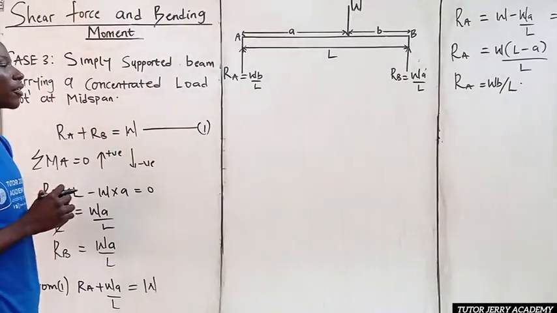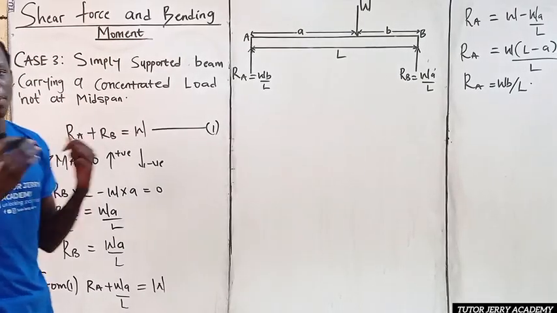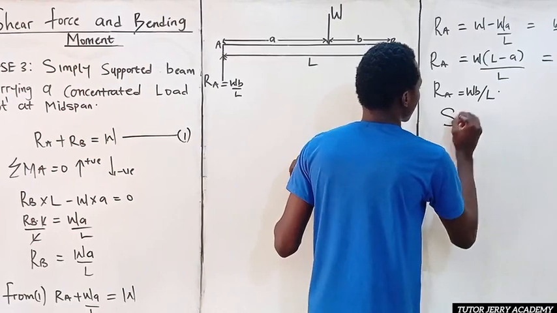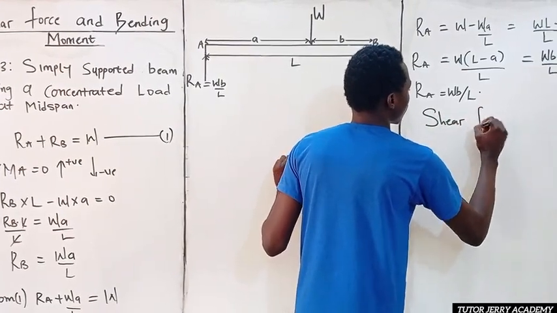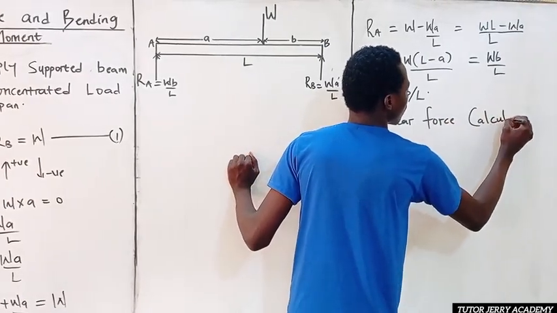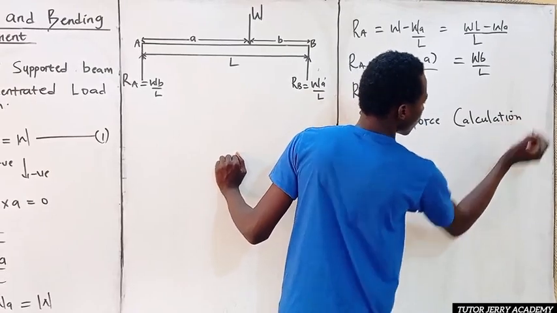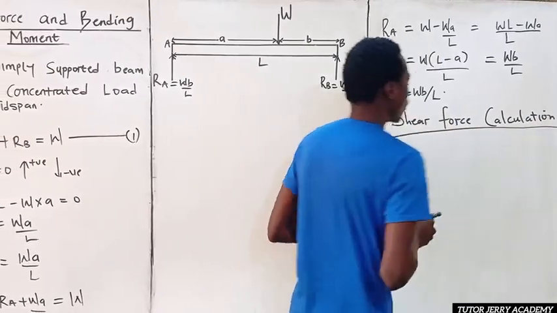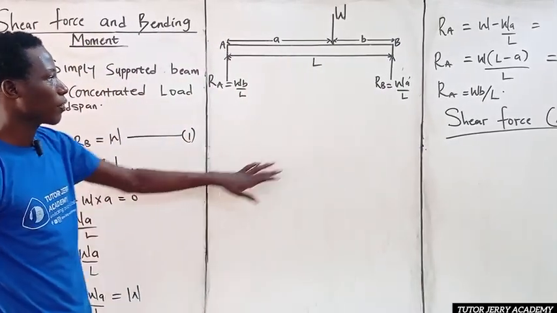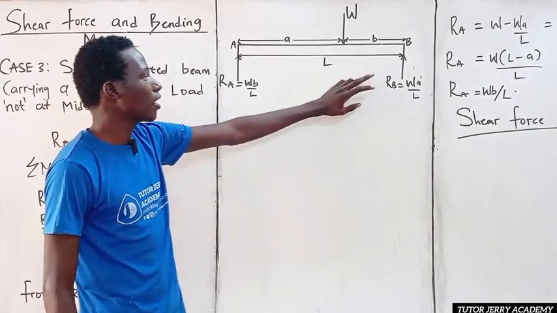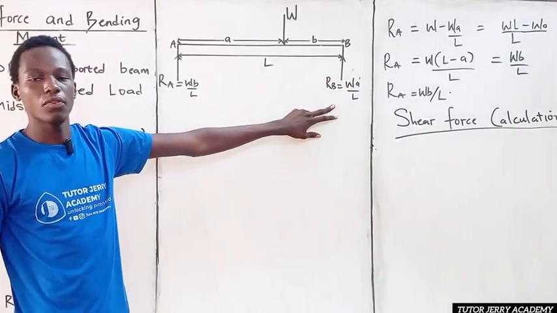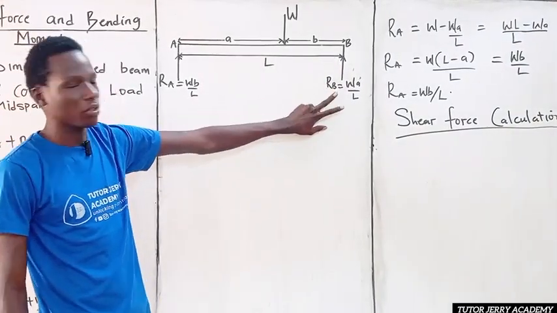So next we are going to be looking for our shear force and our bending moment. So let's do that. We are going to be doing our shear force calculation. Of course, we are starting from point B. The shear force at point B will be nothing but WA over L, because the shear force at point B is nothing but